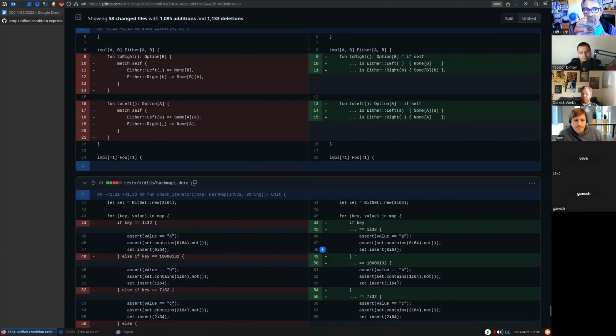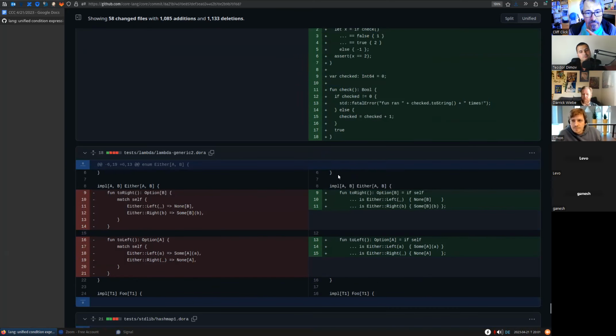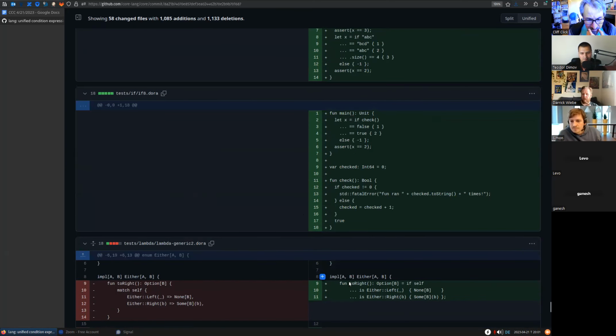Actually, I'm curious about the bit that we were just looking at. You just scrolled it off the screen, but there, that middle block there, if check is false, one is true. Why is there an else? Because check returns something else. No, because